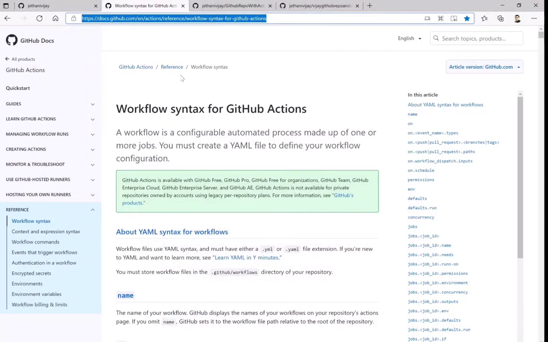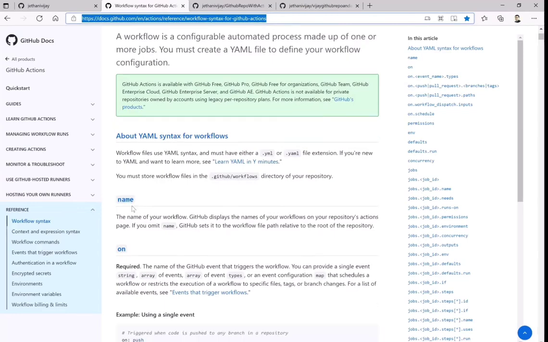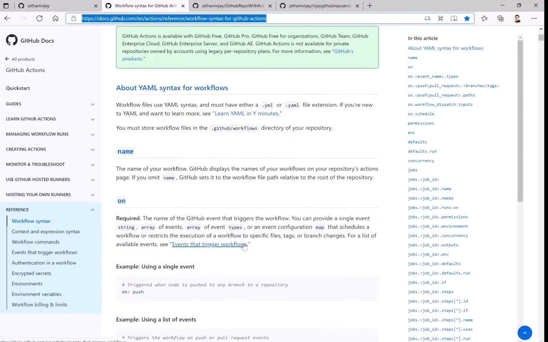I'm trying to create a workflow, and I will be running some of the actions or the jobs around that. You can write the name and the purpose for that, and on what particular triggers this should run. This should run whether I'm committing the file or when I'm creating the pull request.